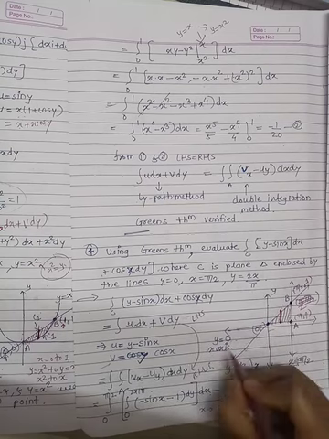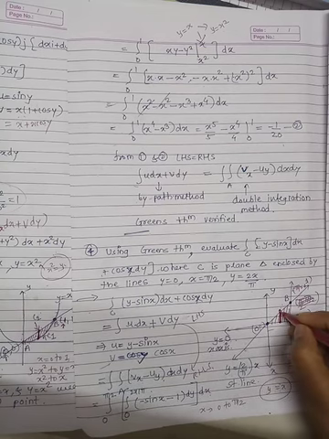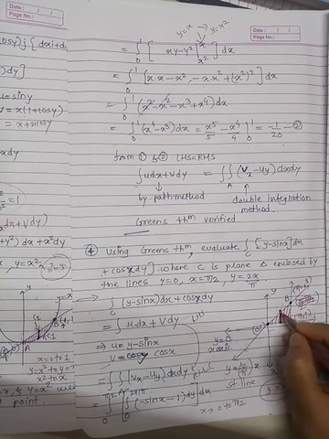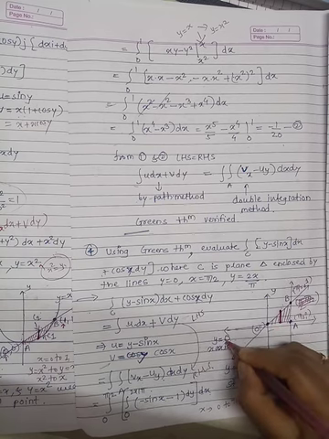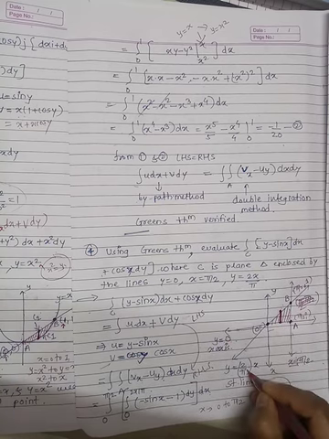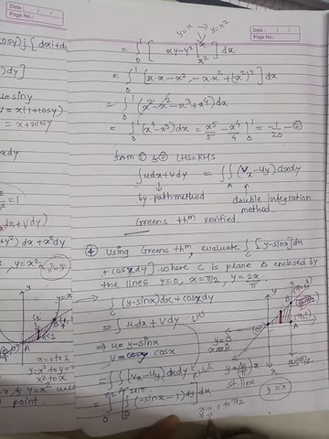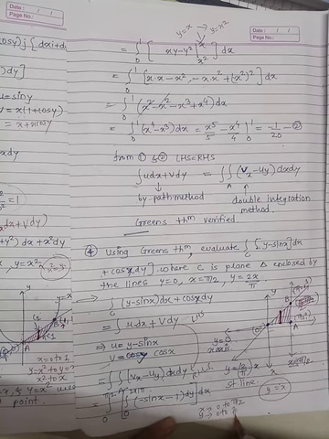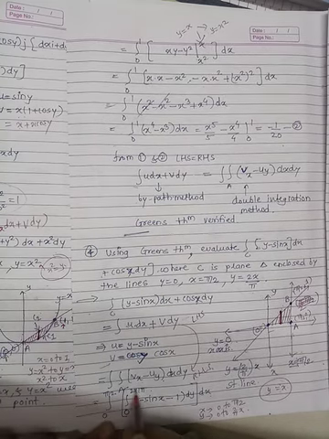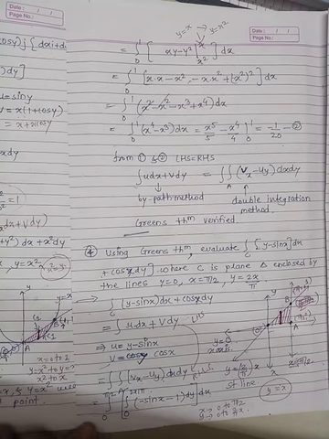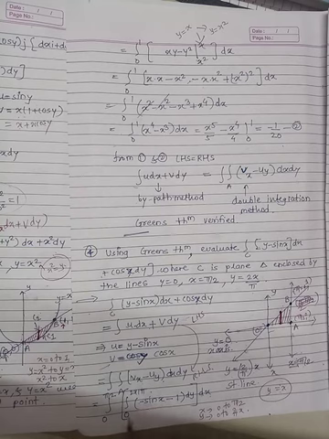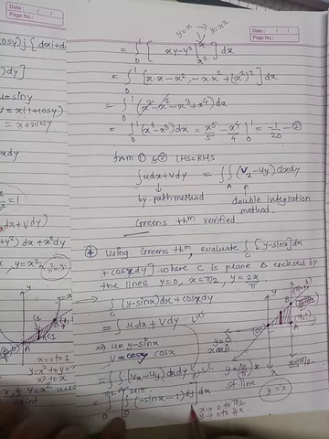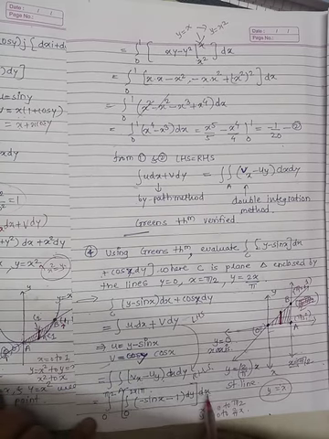So this is your lower limit of y, and on this we get the upper value of y, that is, this point is on the straight line. This straight line is y equal to 2x by pi. So at this point y is 0, at this point y is 2x by pi. So the y limits are 0 to 2x by pi, and the x limits are 0 to pi by 2. So solve this integration with respect to y first, find this integration answer, then again find the outer integration with respect to x.